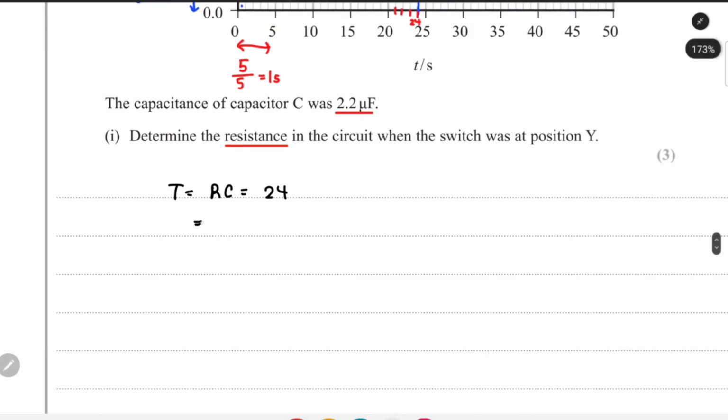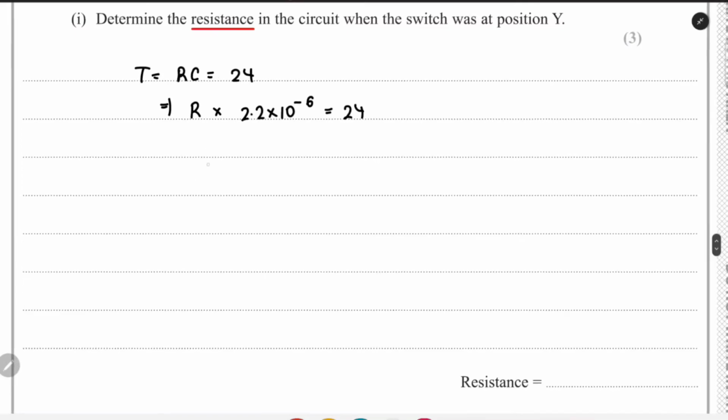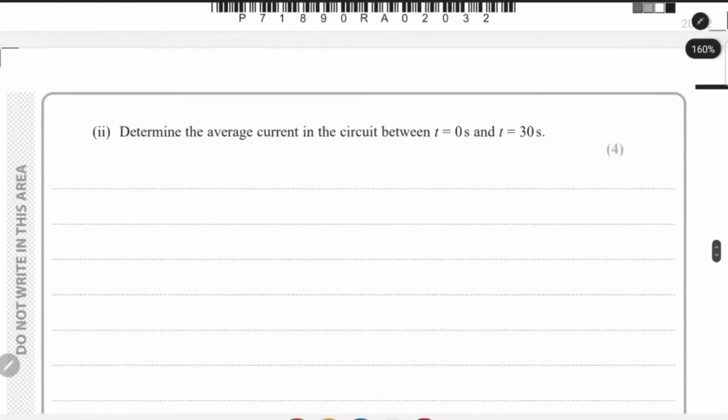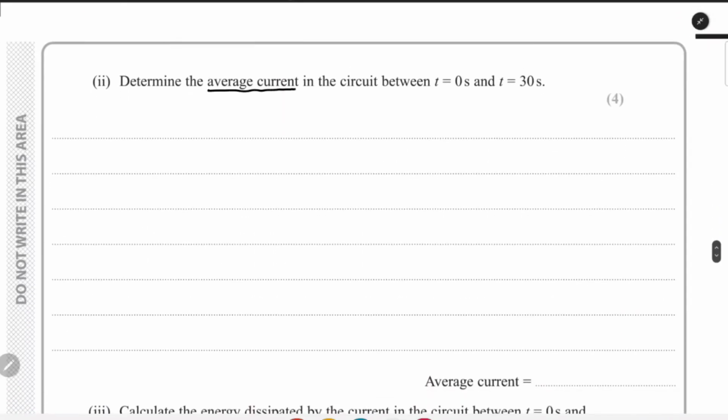I want to find the value of R, and the value of C is 2.2 microfarads. So 2.2 times 10 to the power minus 6 farads. So the value of R will be 24 divided by 2.2 times 10 to the power minus 6, which comes out to be 1.09 times 10 to the power 7 ohms. This is the resistance. Now for part 2, we have to find the average current between t equals 0